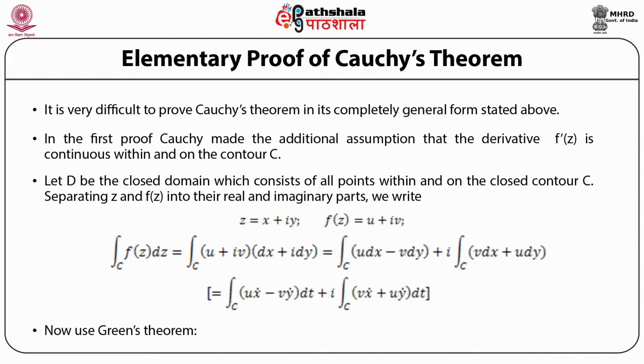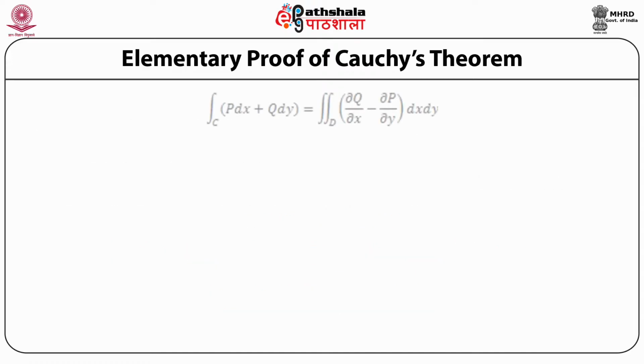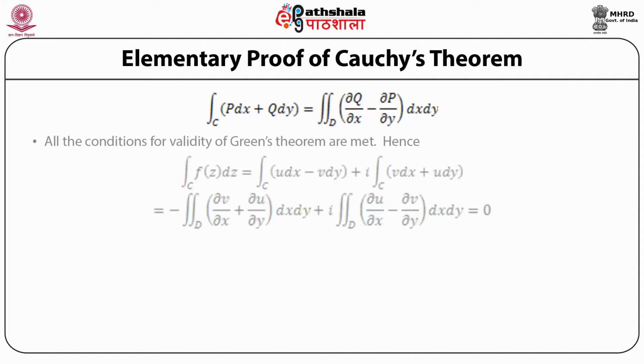Now use Green's theorem. The integral along C of P dx + Q dy equals the double integral along D of (∂Q/∂x − ∂P/∂y) dx dy. All the conditions for validity of Green's theorem are met. Hence,